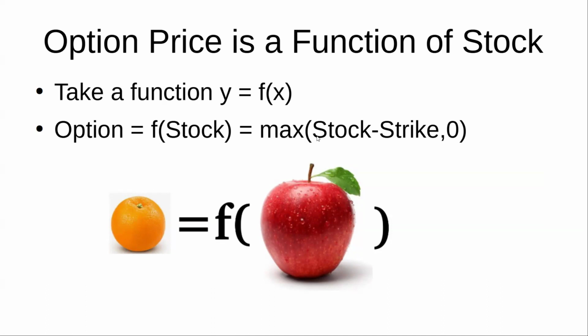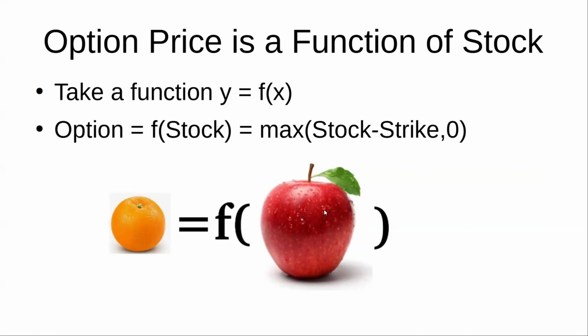So we know that at expiry, this function is effectively stock price minus strike price, and for a call option it is max of stock minus strike and 0. So this is the price at expiry,